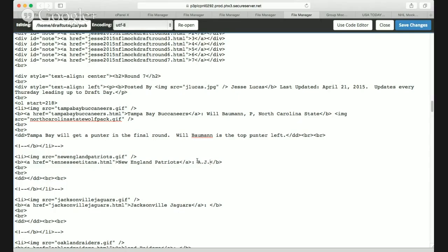All right, so AJ Johnson goes here. And we type the position the player plays. This is very straightforward stuff.